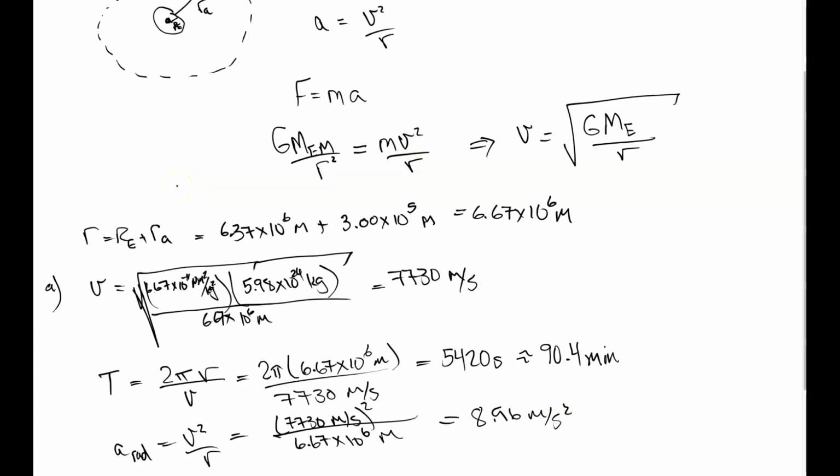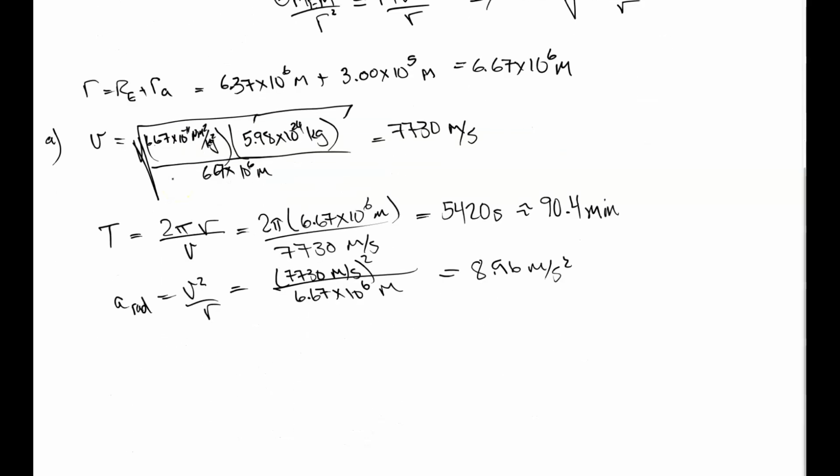In part B, we're asked for the work to get the satellite in orbit. The energy associated with a satellite in orbit can be given by the potential energy, G, mass of Earth, mass of satellite, over 2R. It's half of the potential energy, if you think about it. And this is minus